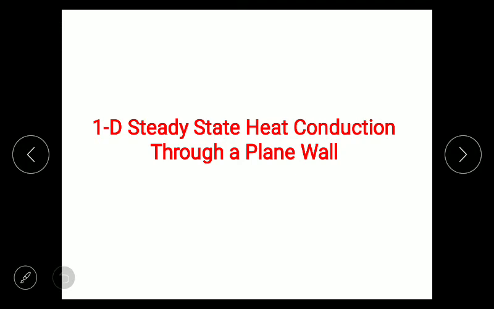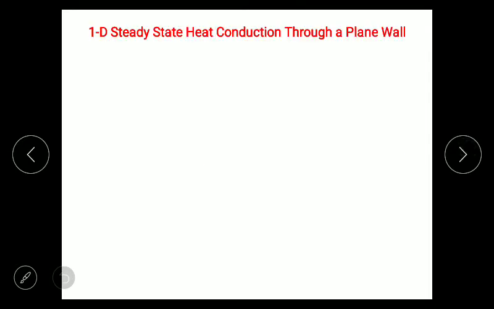In this video, I'm going to explain the derivation of the one-dimensional steady-state heat conduction equation for a plane wall, or a slab or a plate. The plane wall is considered to be a one-dimensional element of a body that can be placed in a Cartesian coordinate system. Now, in order to derive the one-dimensional steady-state heat conduction equation for the plane wall,